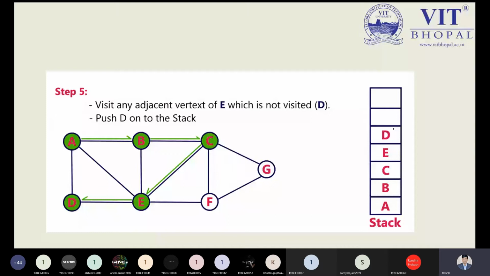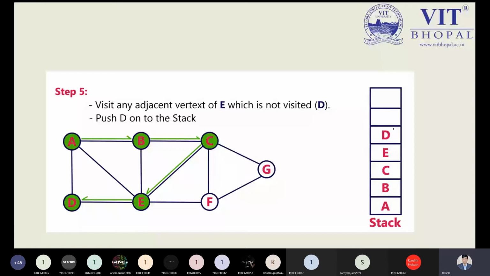D is connected to E, and I have a question over here. From this point, if I'm trying to visit A, A is already visited, and if I'm trying to pick E, then E is already selected or visited. So now what should I do over here? This is my question. Yes, sir, E is already visited. Sir, from E we will go to F. Backtracking, sir. Okay, it's up to you: after E you can pick F, or you can pick D. But make sure of the concept you are following.